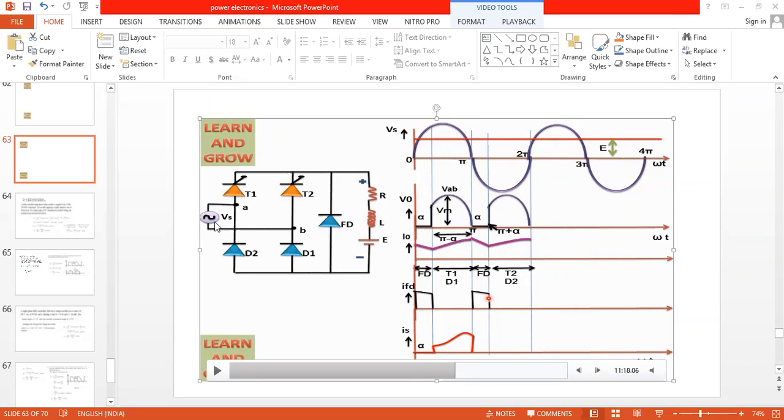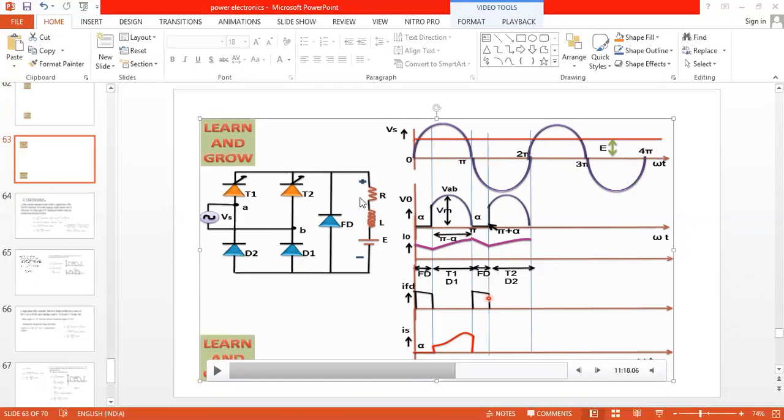So when input supply is entirely zero, what's going to happen? The inductor is going to release the energy, that energy is applied to the motor, and the motor starts to rotate continuously. So that proof is shown here. When the input voltage is zero, output voltage is zero, current is not zero, it is maximum, and still the motor rotates in the same direction when the inductor current is de-energizing. So the problems of inductive load contain without freewheeling diode and with freewheeling diode.